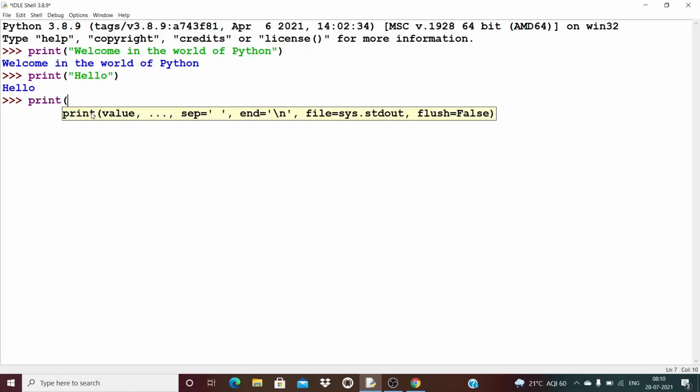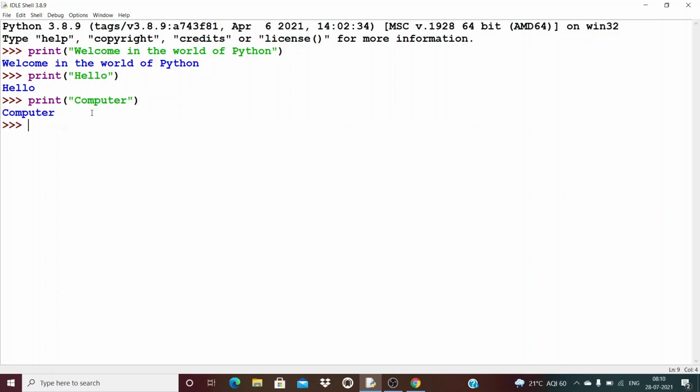I have written hello or welcome to the world of Python using double quotation marks. Double quotation marks are basically for strings. Like if you want to store your name or your subject name, something in the form of letters or characters, then we use double quotes, or single quotes can also work there.